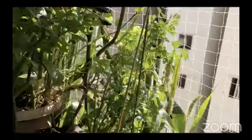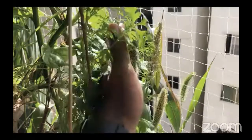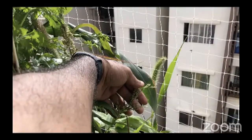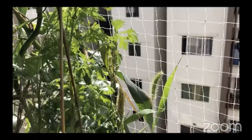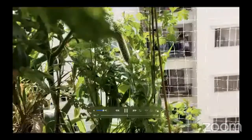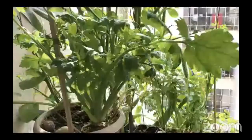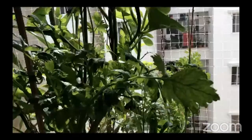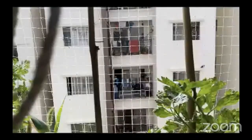You can see this here. All these are millets that are growing. These are different varieties of millets, I think foxtail and a lot of others. And this is not for my consumption. Basically, it is for two pairs of birds that visit my balcony in the afternoons, just to encourage them to come. Yeah, and I also have some more pudina greens here along with